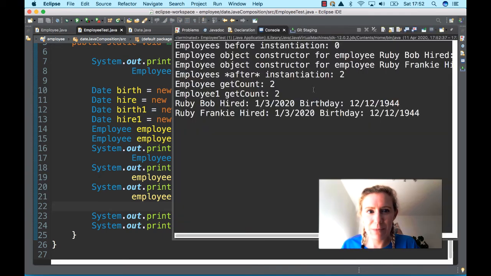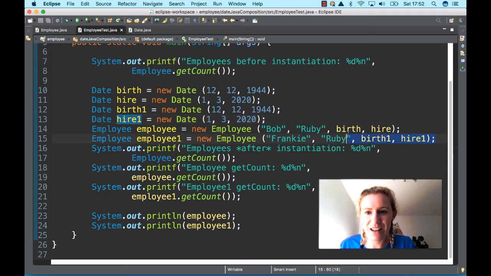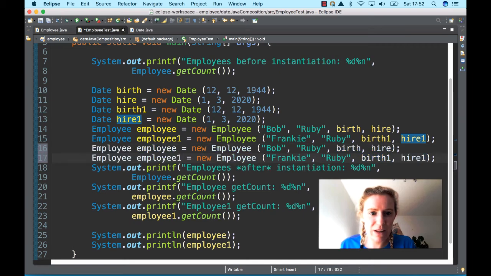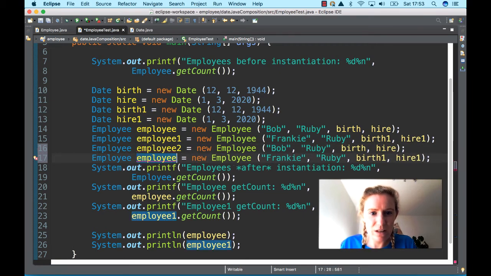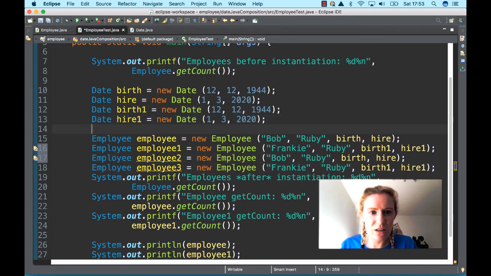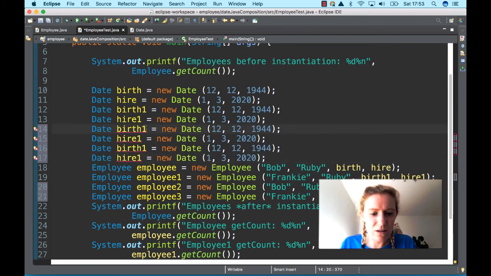We can press play and you can see here that employee and employee 1 both know that there are 2. So they're both aware of the number of employees that are there. I'm going to create another one, another employee 2, 3, and we will do the same here for 2, 3. Now the naming conventions in this case is not the best, but